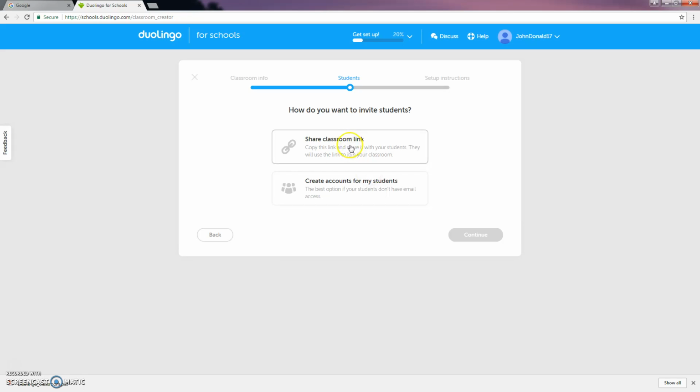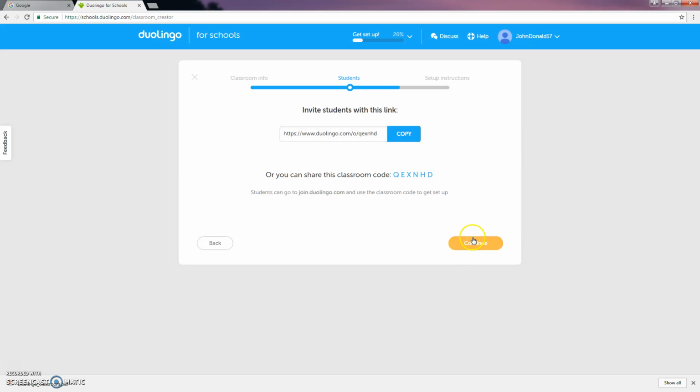What I'm going to do is just share a classroom link. It's the easiest thing that I find for the class to log on. So I'm going to hit share classroom link. Hit continue. Now this gives me the link that the students need to go to join the classroom. You can actually just hit copy here and it will go right to your clipboard. So once you have this copied,